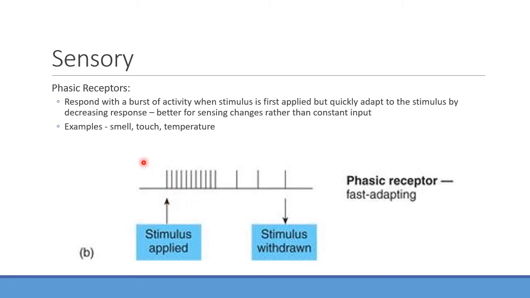And so again, in some cases like smell, touch, and temperature, this can be a big thing. So for instance, you're sitting in this room, do you detect really small changes in temperature? Not really. From 72 to 73, probably not a big change. However, if I went from 72 to 85, you could probably sense that pretty well, right? I imagine most people could. Or if you go from inside to outside, you feel that heat almost immediately. Big changes are important for this phasic receptor because that will re-kick off this whole action potential cascade.